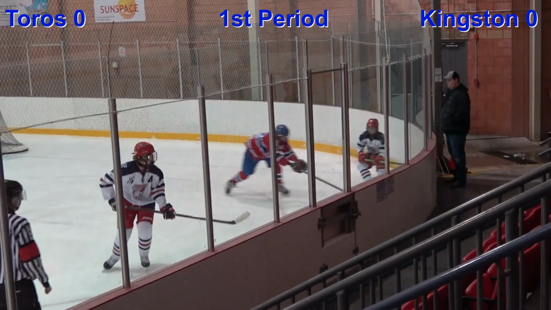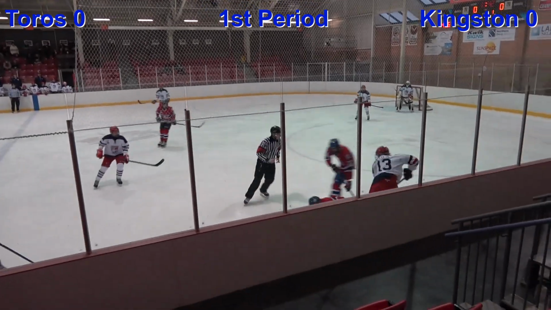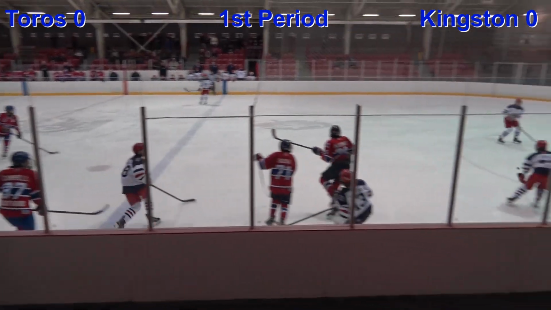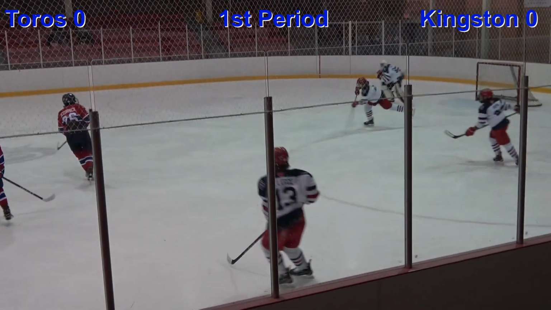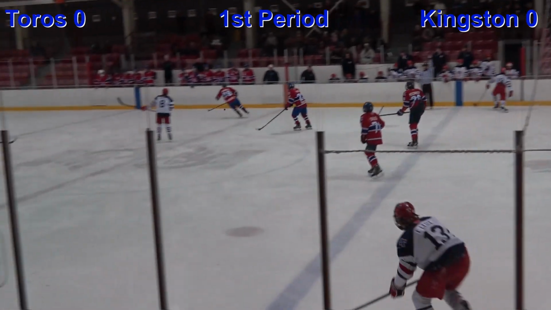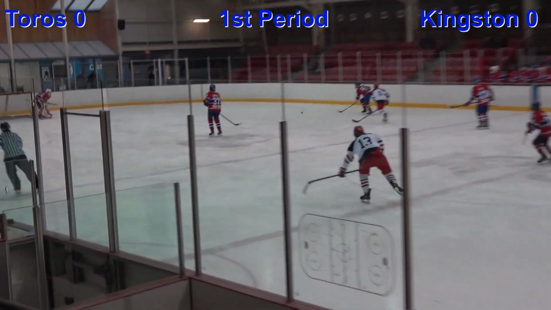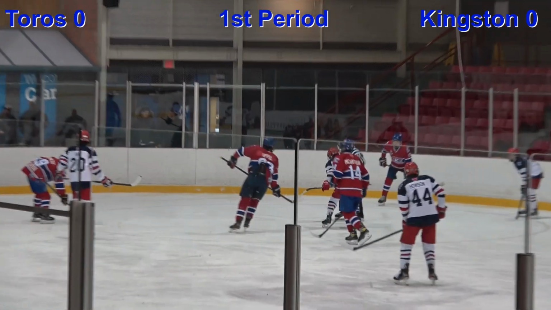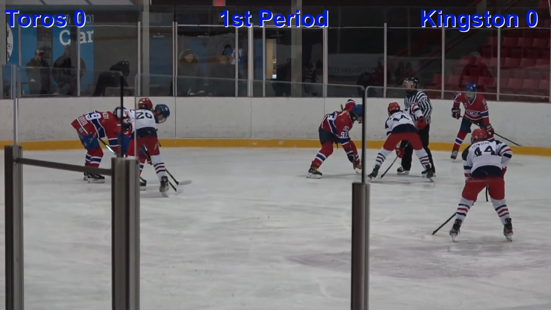Here comes a chance to try and clear it out of his own end with a lead pass to Ethan Legg, trying to dump it out of his own end. Gets it past Sousa as McCormick came in and took Legg down. We're getting our first penalty, and that's probably going to go to McCormick for taking down Ethan Legg. Face-off is coming off now to the left of the Kingston end.